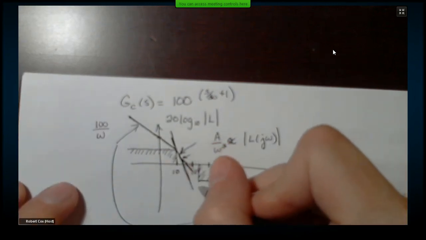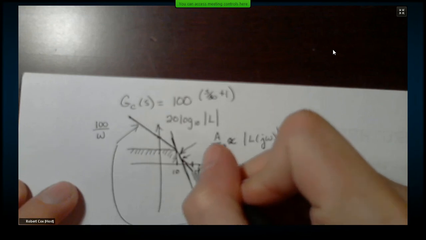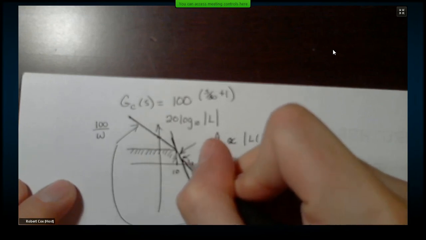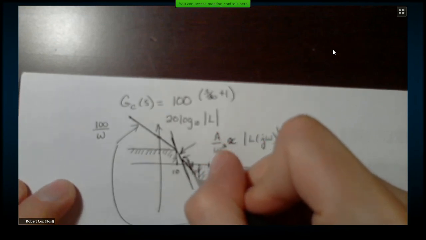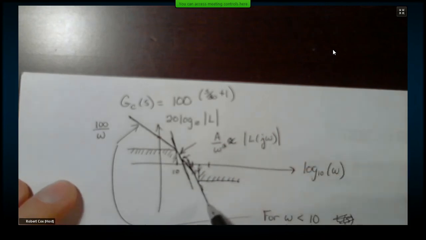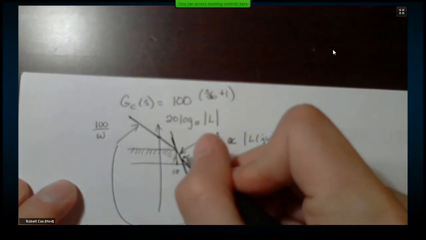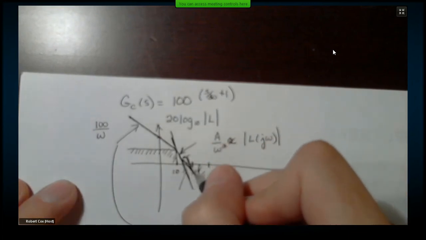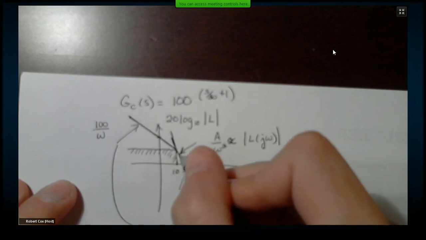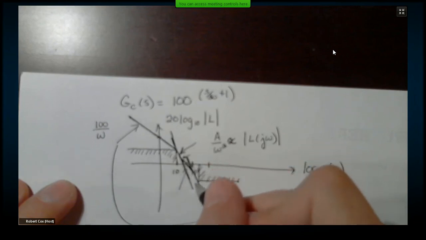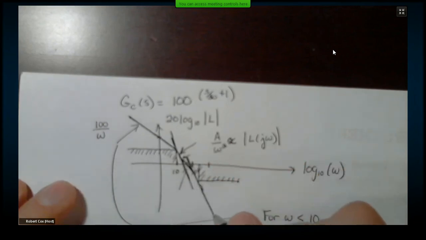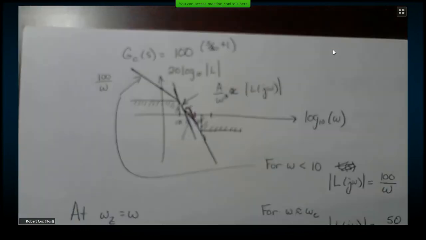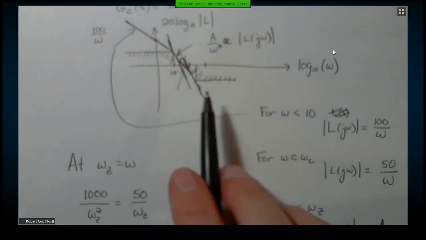So I'm going to have to insert another pole to be able to continue to fall off. In other words, here I was falling off in this region at 20 dB per decade. In this region, I'm going to have to fall off at 40 dB per decade. Now, I can determine an asymptote for this guy